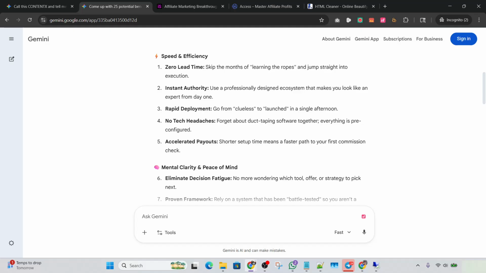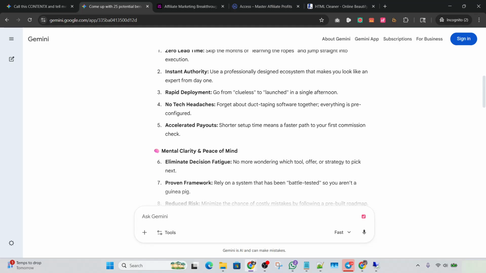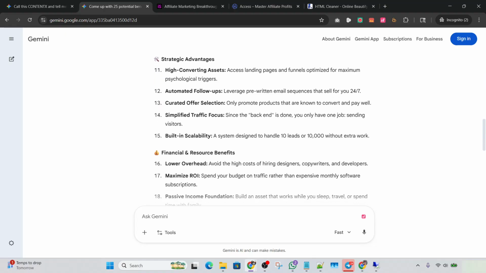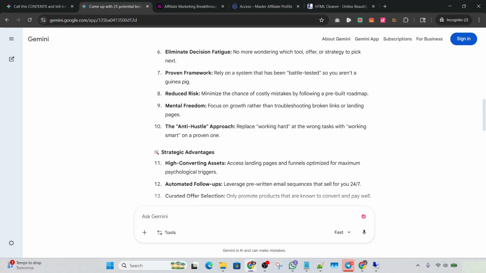So here's what I would do. I could even filter this more. So in a sales funnel, there's something called top of funnel, middle of the funnel, and then also bottom of the funnel. People that are closer to the bottom of the funnel are closer to making a purchase.